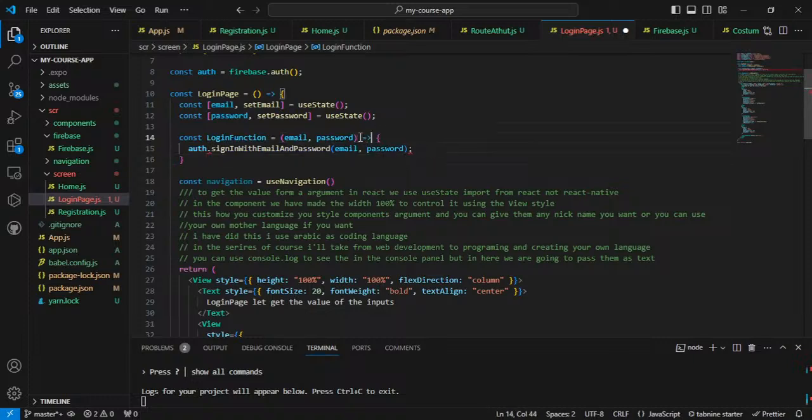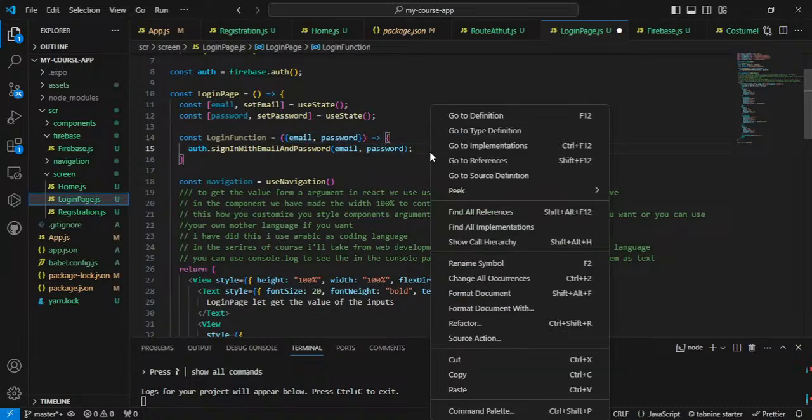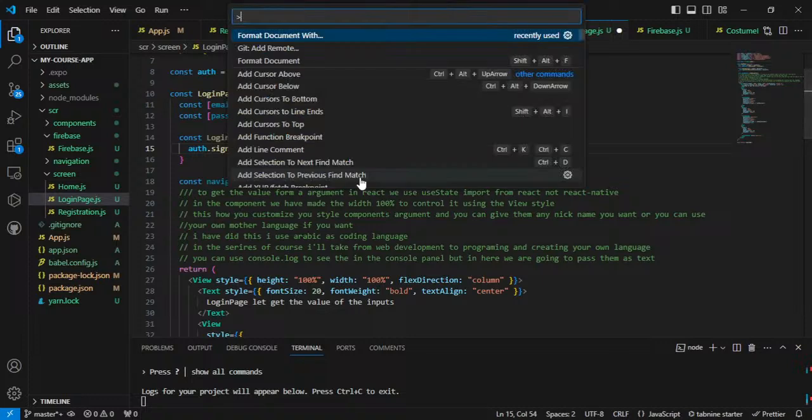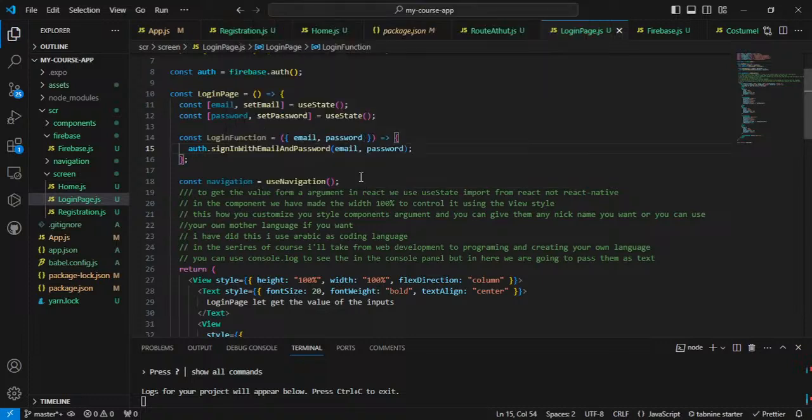And of course we forgot to add this. And since these are two arguments, not one argument we're passing, we're just gonna process that. And perfect. Because this is the auth same for the registration,